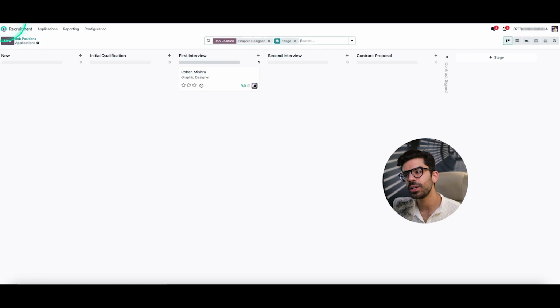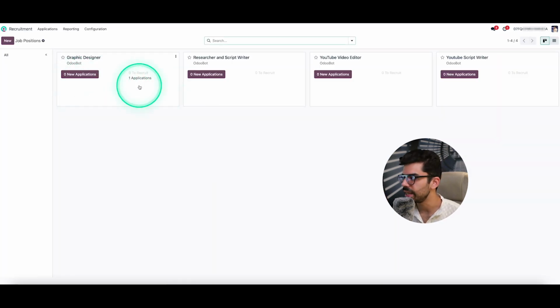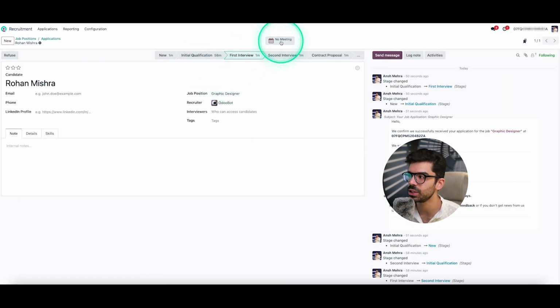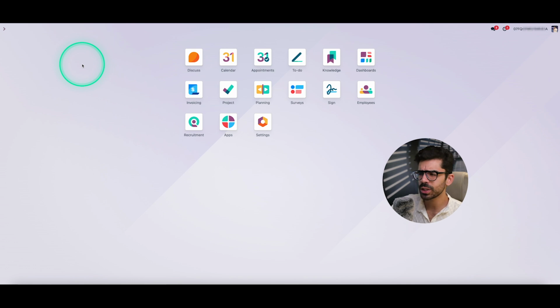So I would recommend you, as soon as you get all of your entries from your forms, from your LinkedIn profiles, from your friends, you have to make sure that your team or you go to the recruitment app, neatly organize all of your people one by one, and then move them through stages. You can also have your calendar sorted so that you and other team members know which person is being interviewed at what point. I won't go too much into the recruitment app because most of you are a beginner creator, so you just need to know how to set your job positions and your candidates.